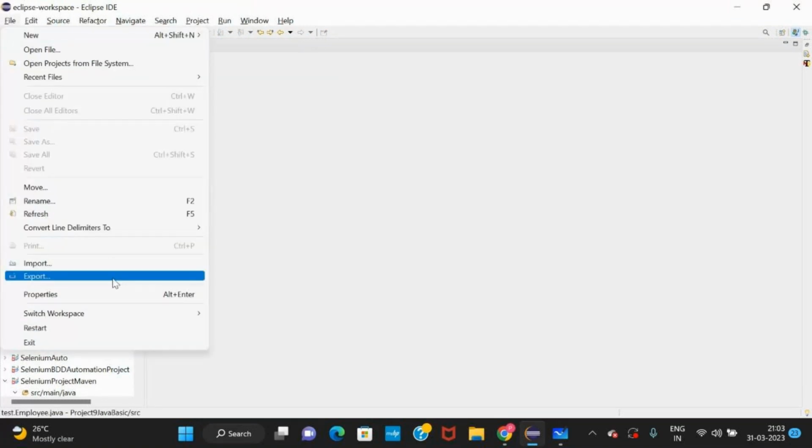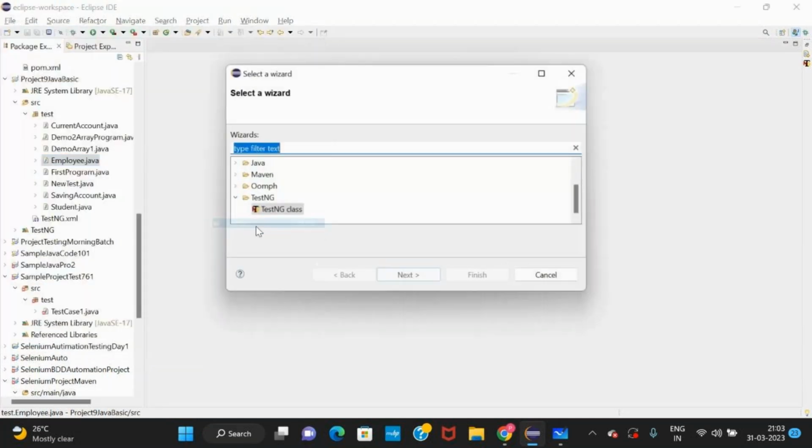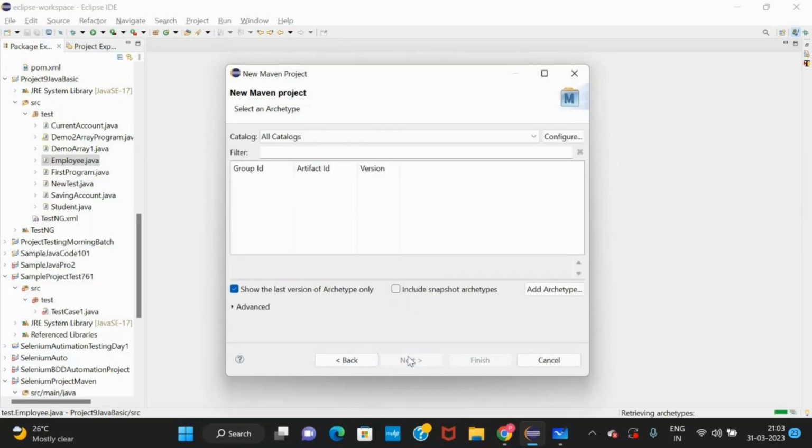Meanwhile, I'll also create a new Maven project. Expand this, Maven project, click on next.